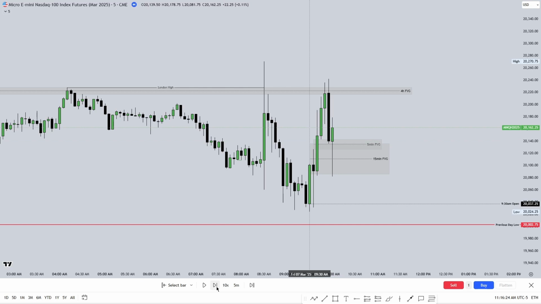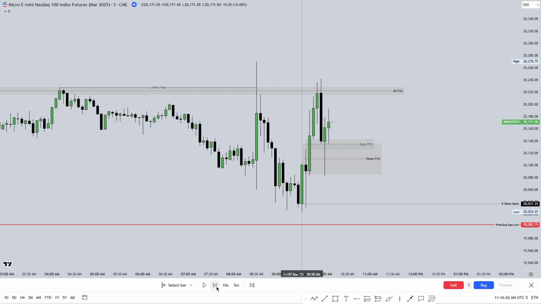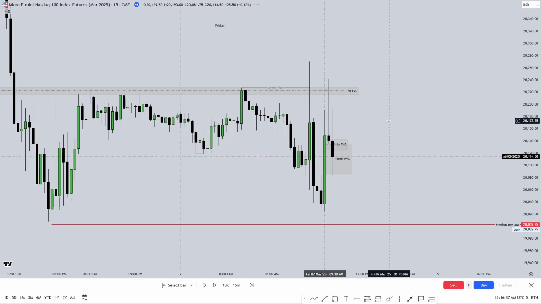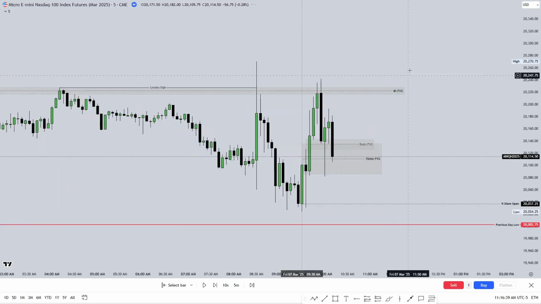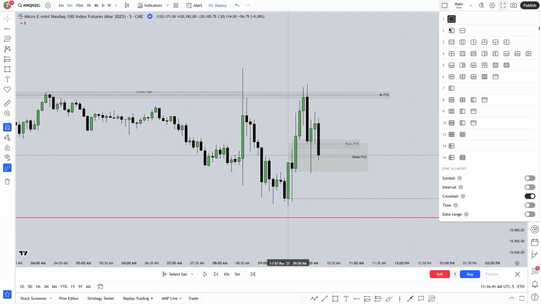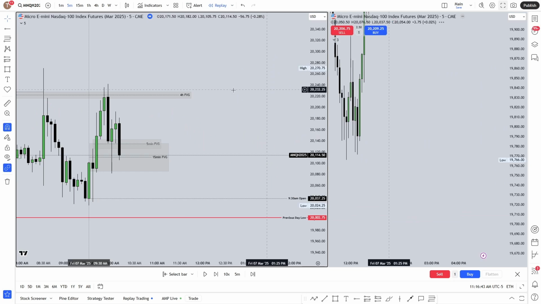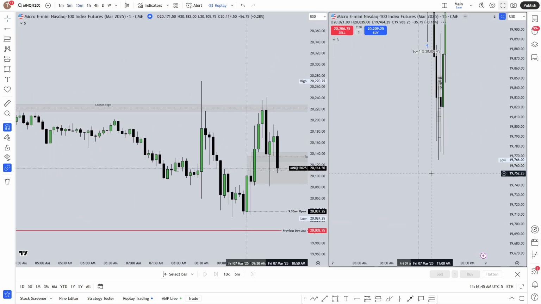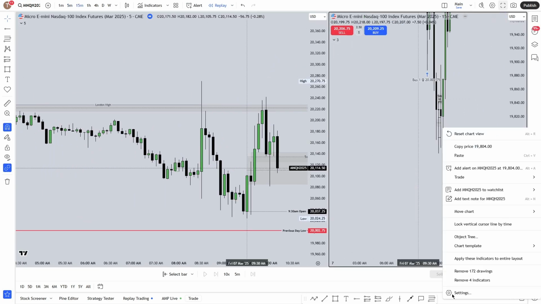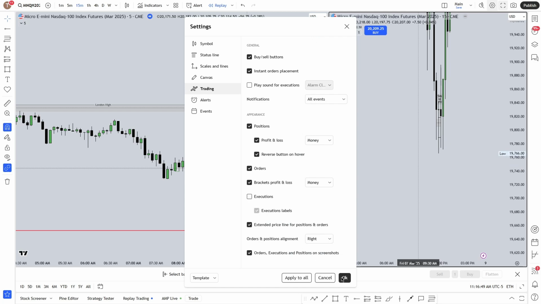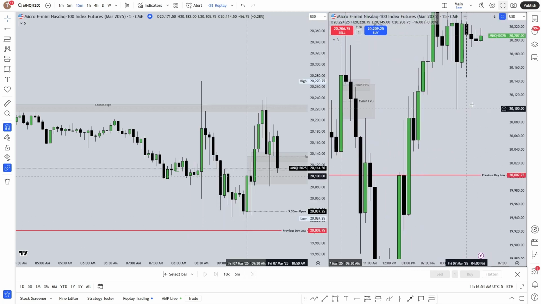So we're holding, holding. This is a good sign right here. This is the first good sign because we had this close below that 5 minute fair value gap. Again, I'm not shorting at this point because we're still trading into that 15-minute fair value gap. Now what I can do is actually put these side by side just so it is a lot easier to see.